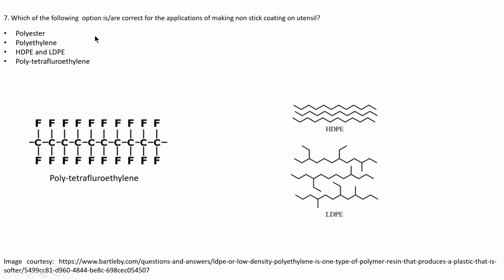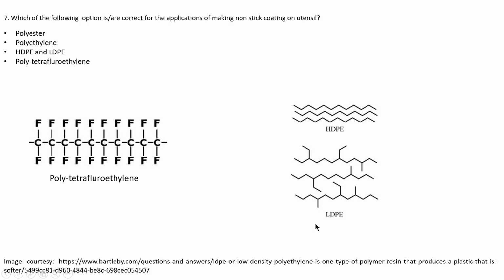Then we have: which of the following options is or are correct for the application of making non-stick coating on utensils? We have polyester, polyethylene, HDPE and LDPE, and then we have polytetrafluoroethylene. Here we have the structures for three of them: polytetrafluoroethylene, high density polyethylene, and low density polyethylene. Why is it called low density polyethylene? First of all, it is because